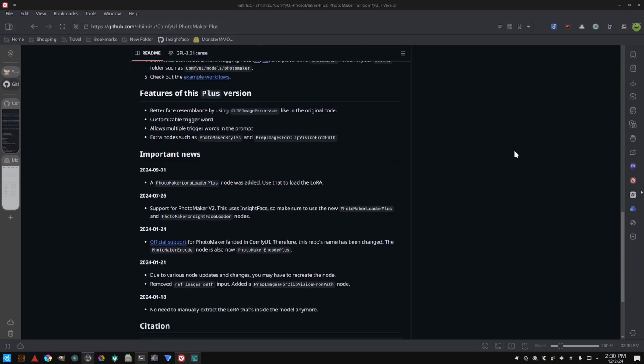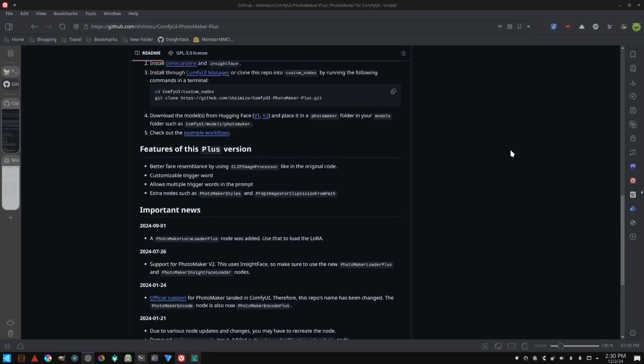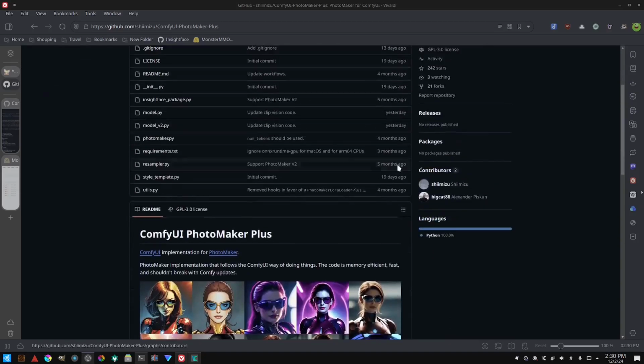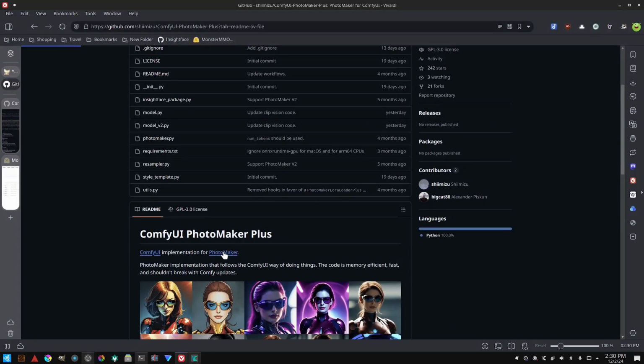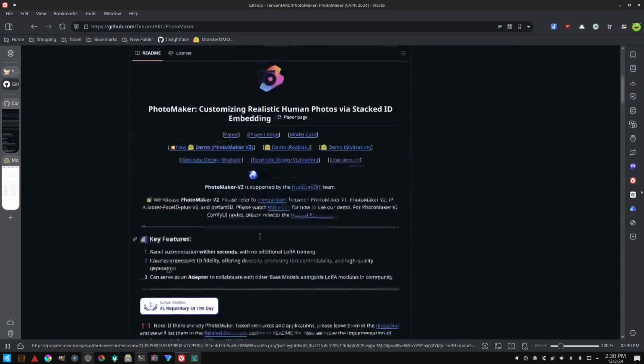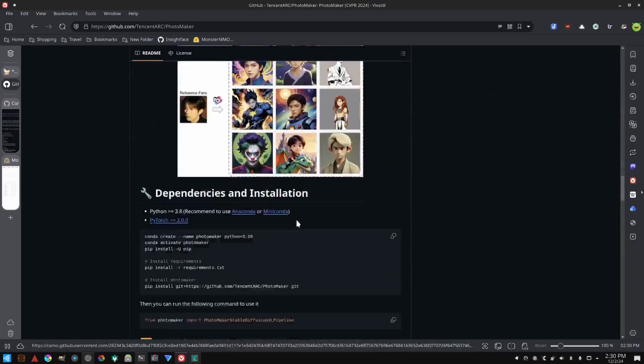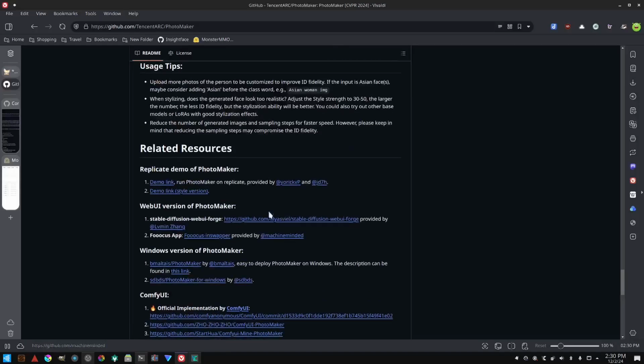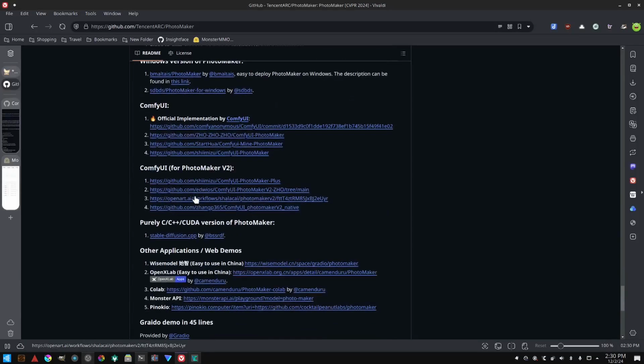You can find it in the tools supplied on the Tencent ARC Photomaker page. Here are related resources, which will give us the ComfyUI Photomaker V2 resources. The one I found that is working currently